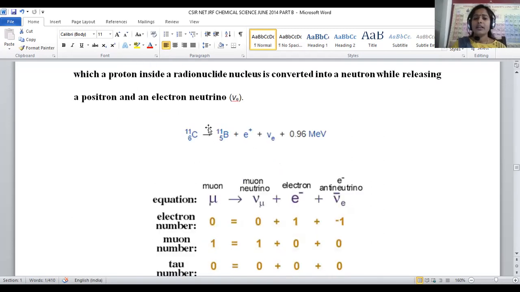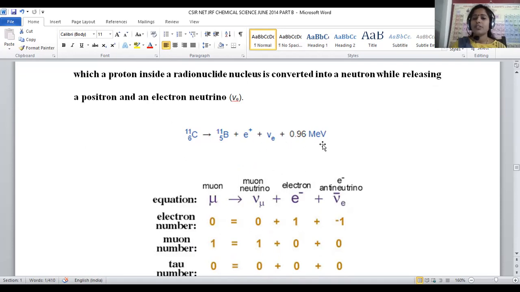Here you can clearly see a simple example of this kind of positron emission. We are taking an isotope of carbon. Carbon 11 was taken. So the abundantly available carbon is carbon 12, right? Carbon 11 is the isotopic form of carbon, which is highly unstable and has the provision to emit. So here carbon 11 turns into the boron 11 isotope. During this transformation, what happens? A beta plus particle will be emitted, and also this is called a neutrino. Nu e is said to be the neutrino.